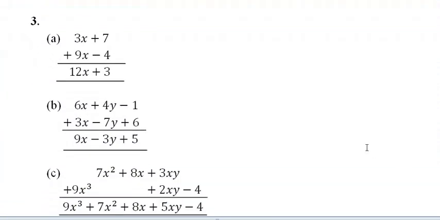Add the following polynomials using the vertical or column method. So I'm showing you the vertical method, sorry, the columnar method or the vertical method, whatever you say. Vertical or columnar method. So by vertical we mean it is up straight. So what is a polynomial? A polynomial is an expression of more than two algebraic terms. As I already said previously also, a trinomial can be a polynomial.